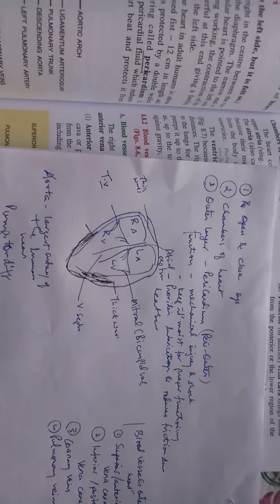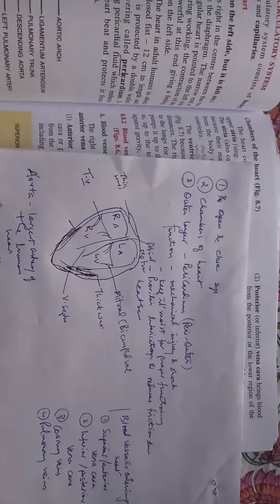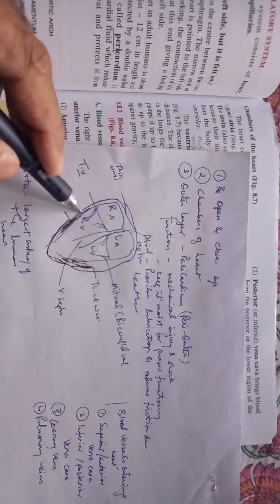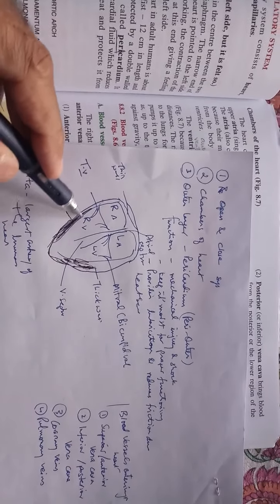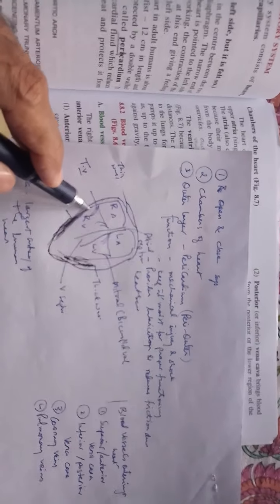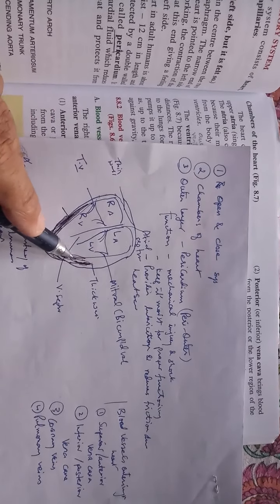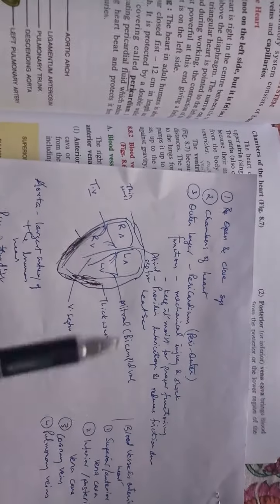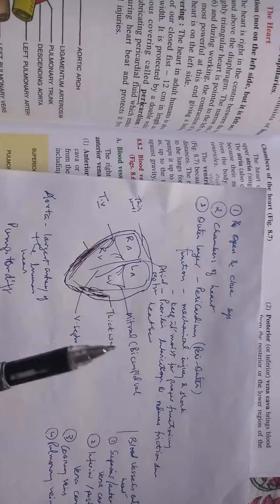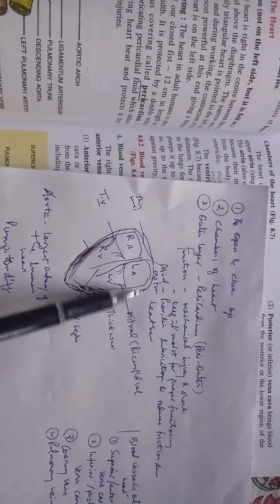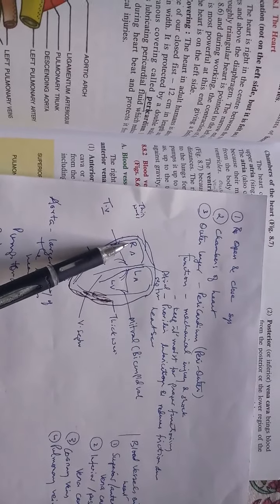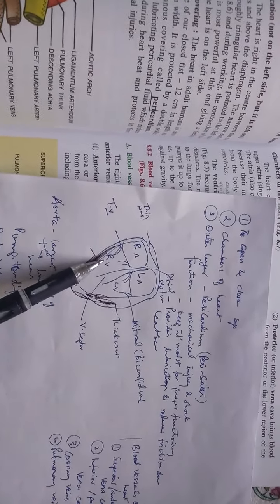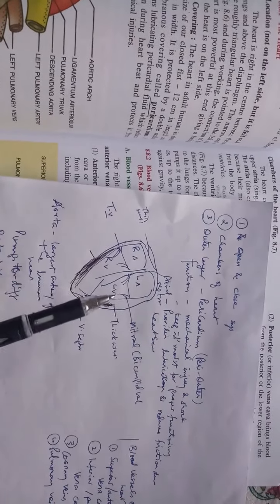So pericardium is a muscular layer, the outer covering of the heart, covering all 4 chambers. And with this muscular layer, it contains a fluid also, which gives a lubricating effect, keeps the heart moist and helps it function properly. Now, as we learn, there are 4 chambers of the heart. The upper chambers are called right atrium and left atrium, right? And the lower chambers are called right ventricle and left ventricle.